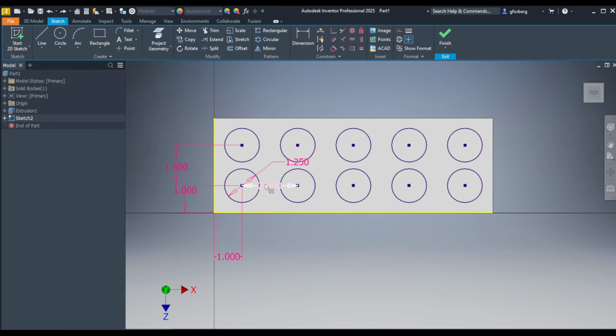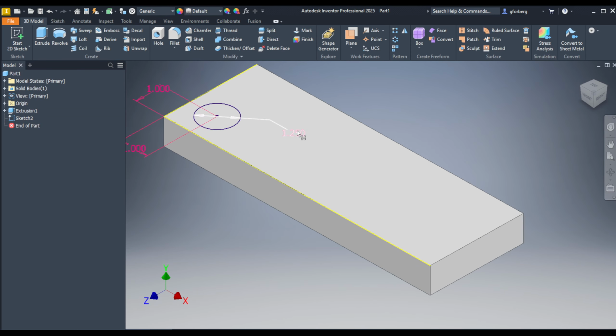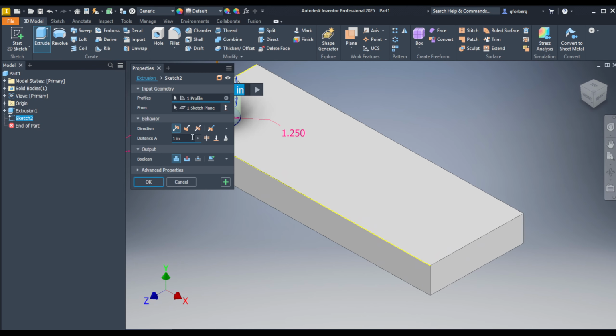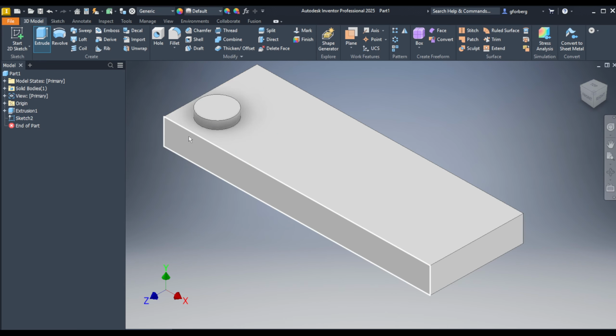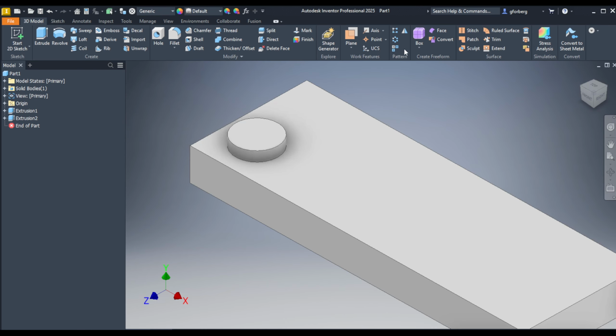But let's say that we want to do this in a 3D space. We can go and finish our sketch and hit the extrude to move up this peg. I'll move it up like 0.3. There we go. Now, if I want this, I can again go over to my pattern and choose the rectangular